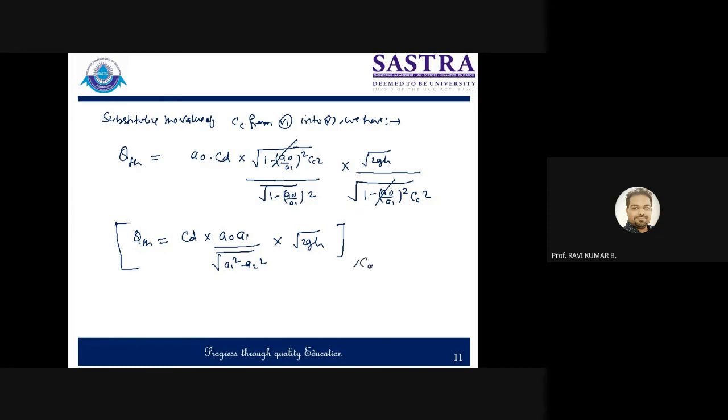Here Cd is called the coefficient of discharge for the orifice meter. The value of this lies between 0.6 and 0.66. Look at the range in which the coefficient of discharge for an orifice meter lies: 0.6 to 0.66, maximum 0.66. If we compare with the Venturi meter, its coefficient of discharge was 0.82 and going up to 1. So that is used for higher flow rate conditions, and this is for low to moderate flow rate conditions.